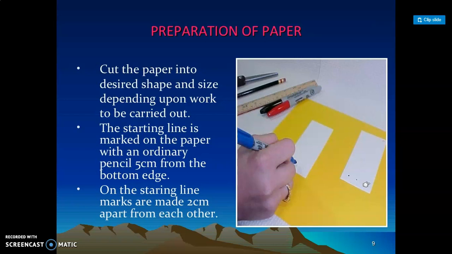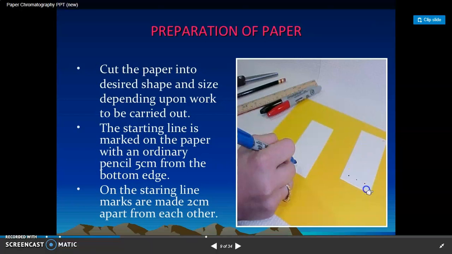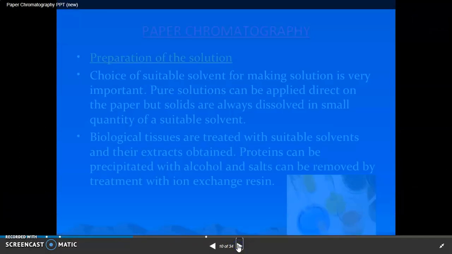In order to know where we have applied the sample, because most of the samples, organic or inorganic, are colorless, in future, after development, if we have to know where we applied the sample, this is the best technique. Apply a dot with a pencil at the place where you want to apply the sample. Okay, so next one is,